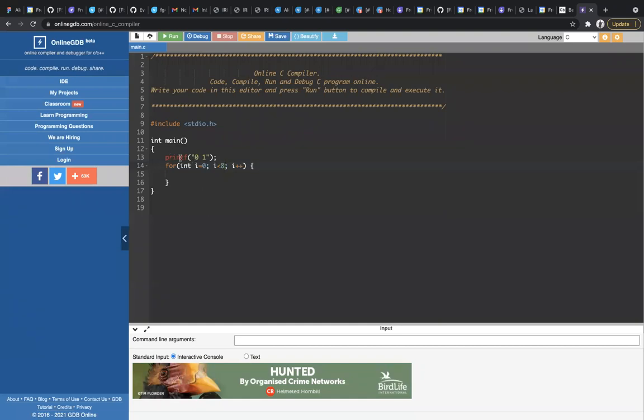I'm using only one printf statement to print 0 and 1. If I had used it inside the for loop, the loop would run 2 times, and the printf would get executed 2 times for 0 and 1. By taking that outside, it saves me one cost of operation.